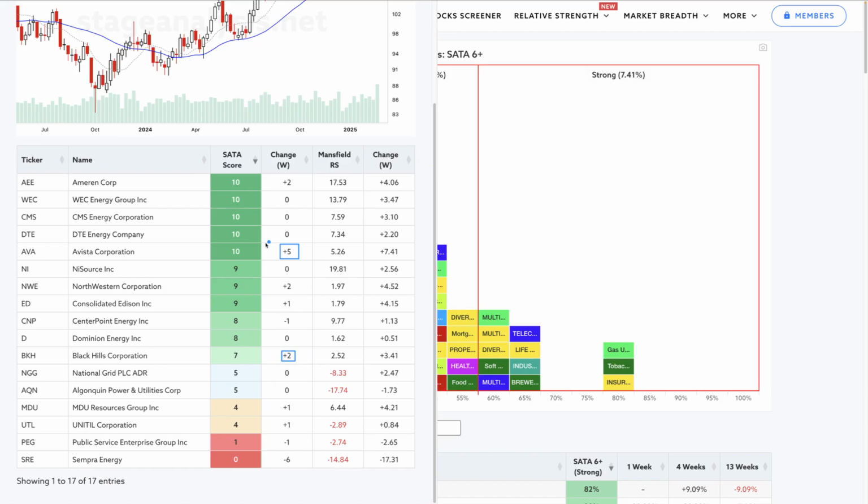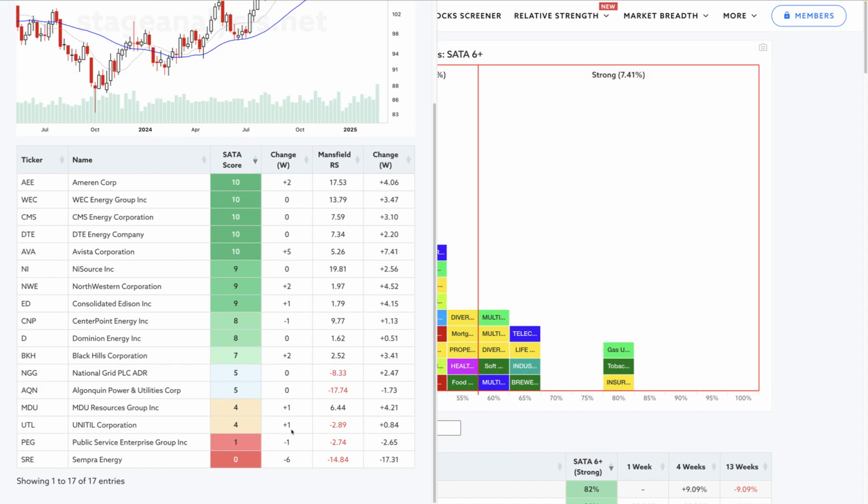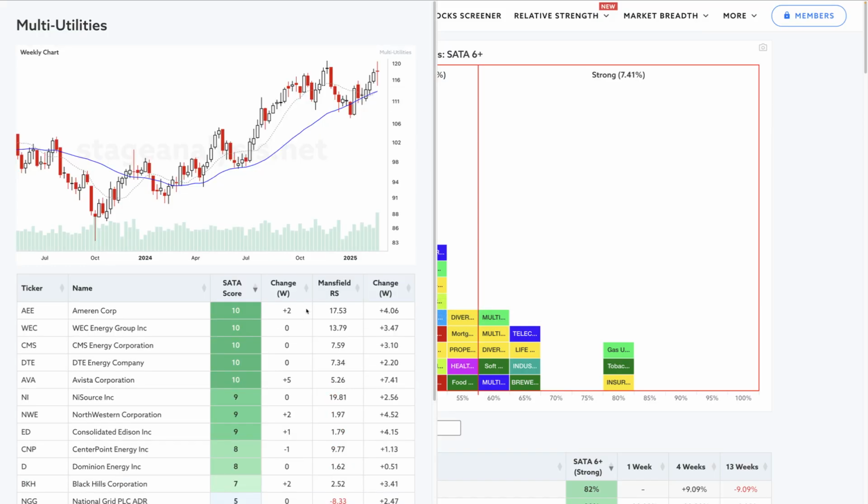So that was a change. That one was a change. They didn't, even though these were pluses, they were already above a 6. So these two were the net change for the week on this one. And that's why it had a positive week, because we didn't have stocks dropping below it as much. We did have one. So only one stock managed, 2 stocks moved above and 1 stock moved below. So there was a net +1 for the week on the group, as you can see, which is in